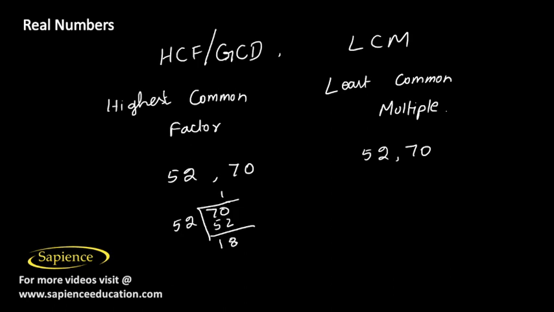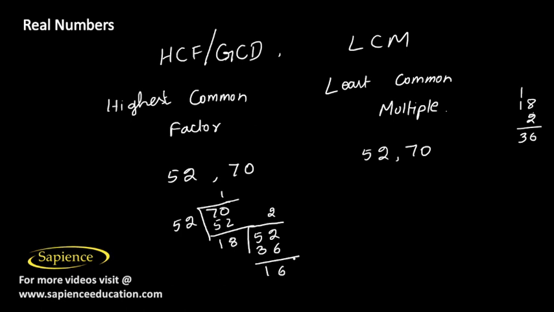Now since we have gotten a remainder, this remainder will become the divisor and 52 will become the dividend. Now if we try dividing 52 by 18, 18 times 2 is 36, we can use that